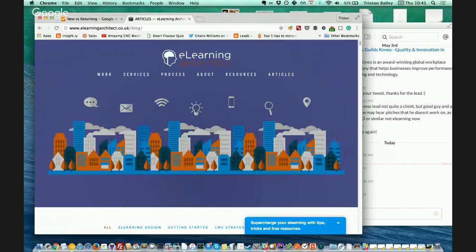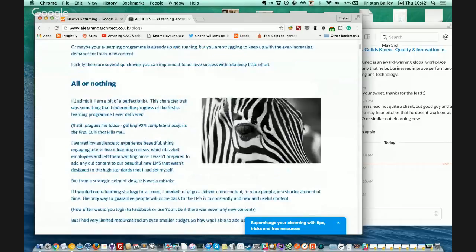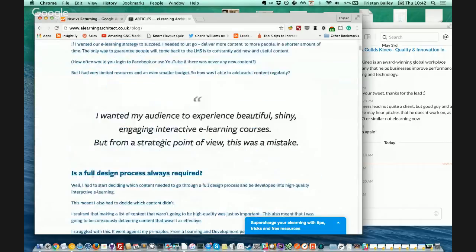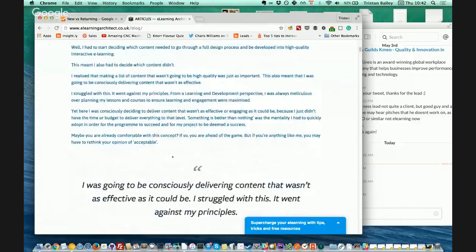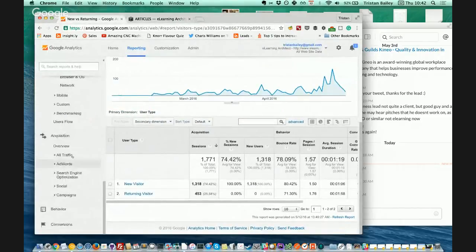So we might say the value of this is £1 for every person visiting this article. If it was a very sales-generating article, or there was a big lead magnet on it, we might give it more value. But if we said it was £1, then we could go into the content here. If we hadn't set it up, we'd just say, what do we want? We want behavior,